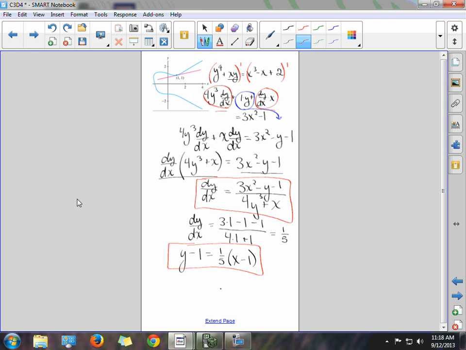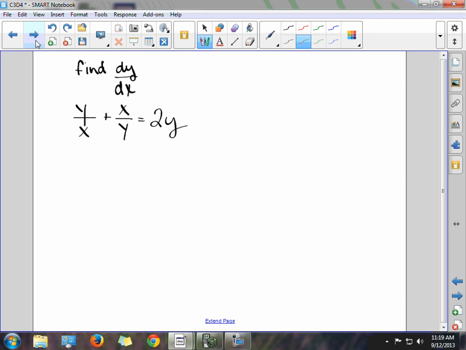So I find this is less challenging than some other complicated derivatives because when you simplify, you don't have to determine the best method for simplification. You do the same thing every time. Move everything with a dy dx to one side, everything without it to the other, factor it out, divide by what's left over. So I did find one where the algebra was pretty challenging, and I'm going to tell you